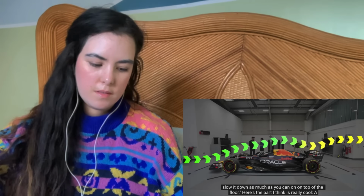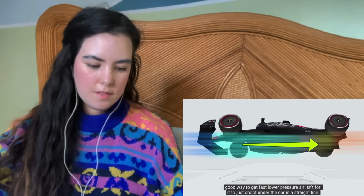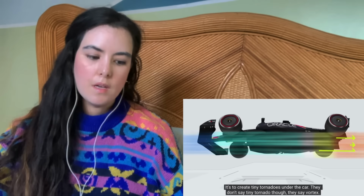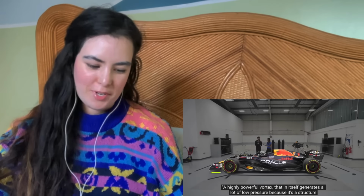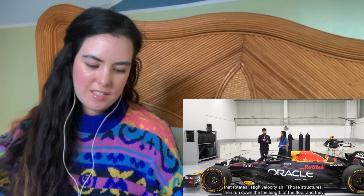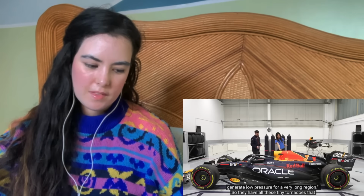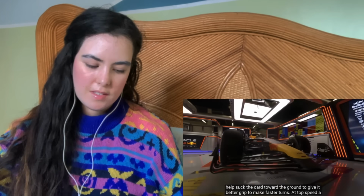Here's the part I think is really cool. A good way to get fast, lower pressure air isn't for it to just shoot under the car in a straight line. It's to create tiny tornadoes under the car. They say vortex. A highly powerful vortex in itself generates a lot of low pressure because it's a structure that has high velocity air. Those structures then run down the length of the floor and they generate low pressure for a very long region. So they have all these tiny tornadoes that help suck the car toward the ground to give it better grip